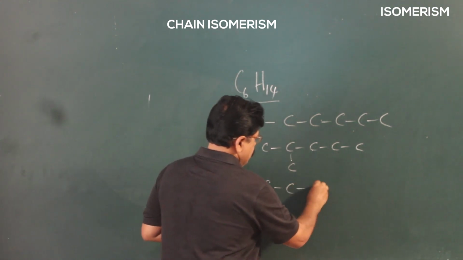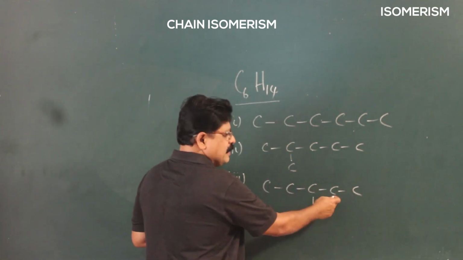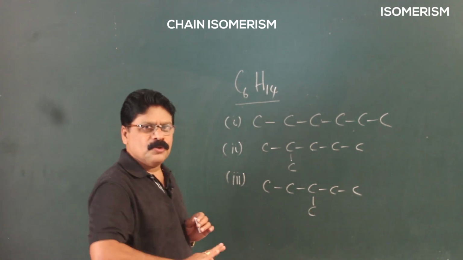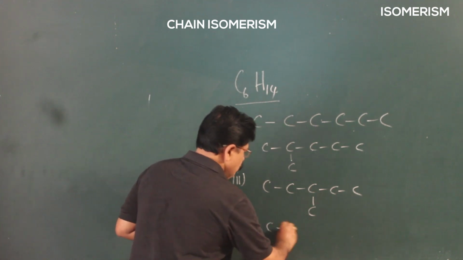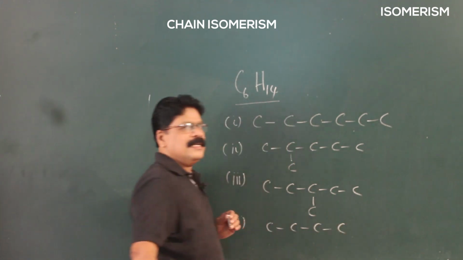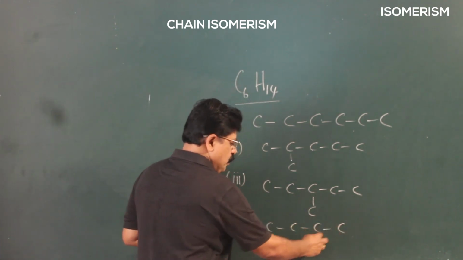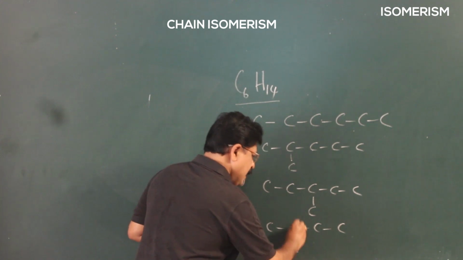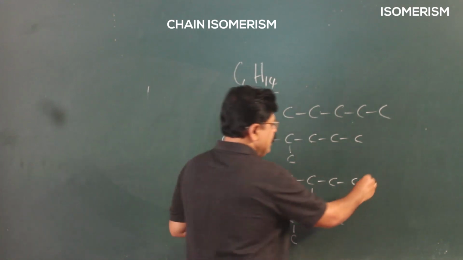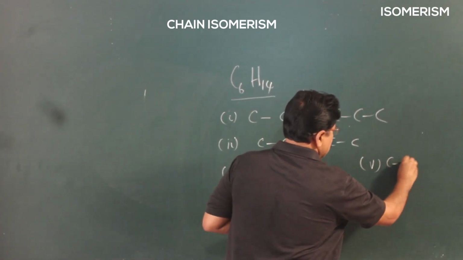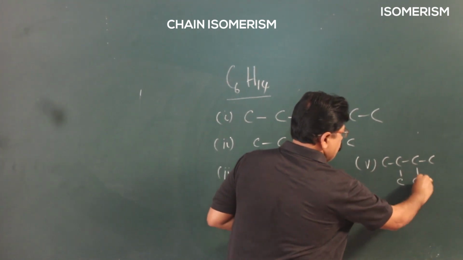Next, I can place a carbon here. You know, if I place it here, it is going to be the same thing. So 5 carbon system is over. Now we move on to a 4 carbon system. As I said earlier, you need to place 2 more carbons. You can't keep it on either sides ends. So you can write one here and the other also the same. Or another possibility is this: you write 4 carbons, put one here, one here.